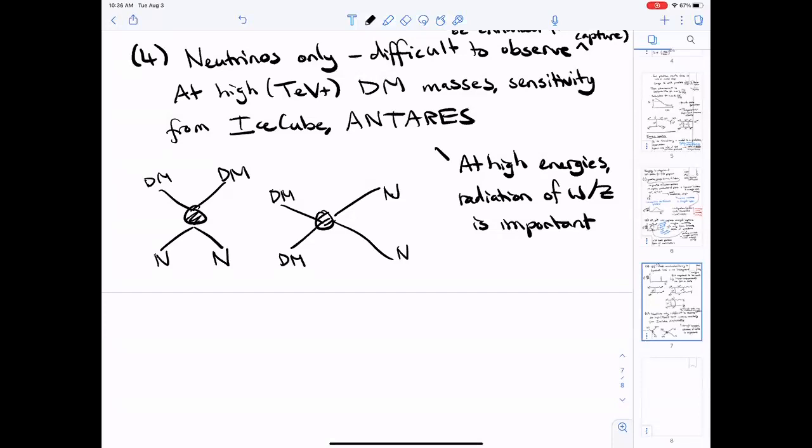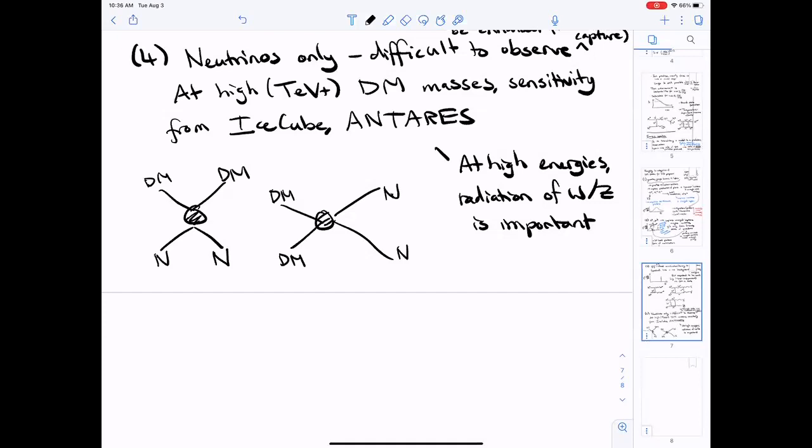The second is, you will have noticed as I went through these four categories that I was only really talking about two-body standard model final states. That's because, if these states are available, they tend to be the ones that have the highest rates. But sometimes they're not available. Sometimes you have to annihilate into a three-body or higher standard model final state. That, broadly speaking, generally just smears out the spectrum a bit in energy and doesn't really qualitatively change these conclusions.